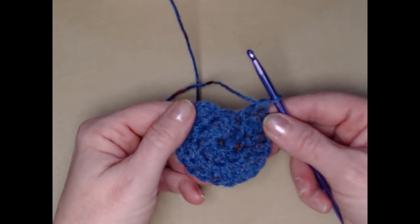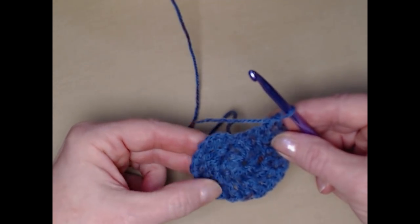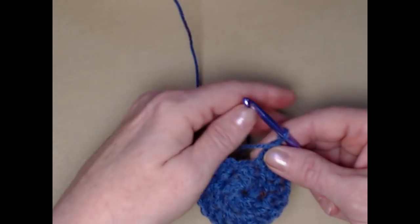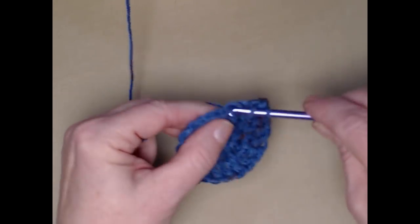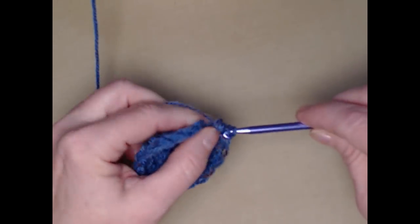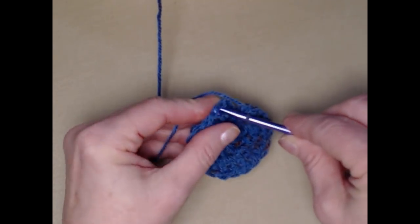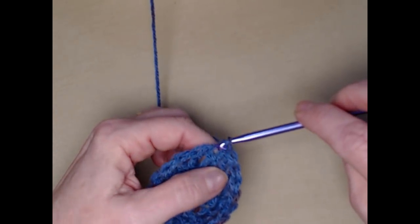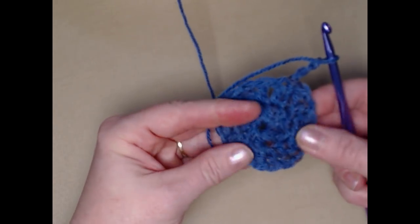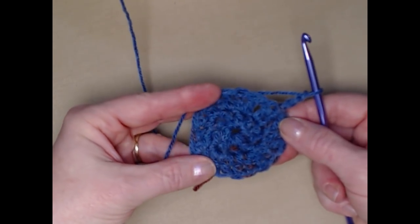Let me count to see how many double crochets I've stitched. 2, 4, 6, 8, 10, 12, 14, 16, 18. So I need 2 more in this last stitch. I'm going to join to the top of my chain 3 with a slip stitch and chain 3. And this is how your hat should look, whether you're making the small or the medium, for the first 2